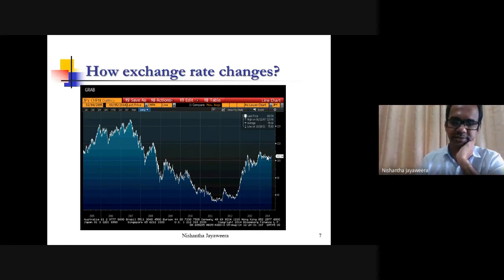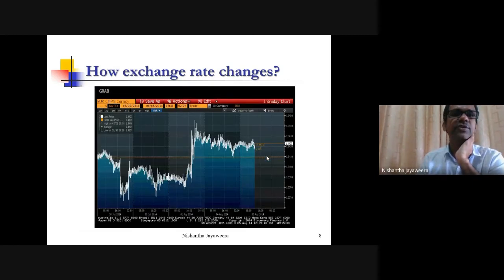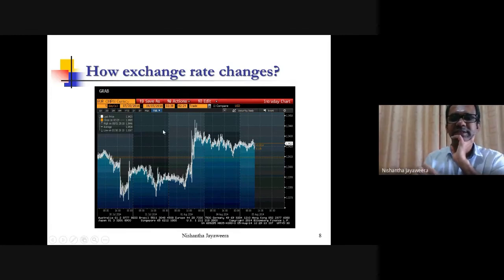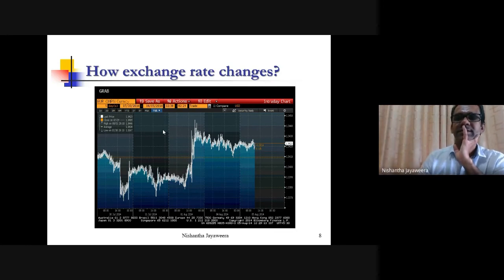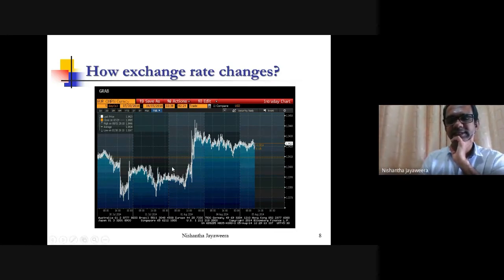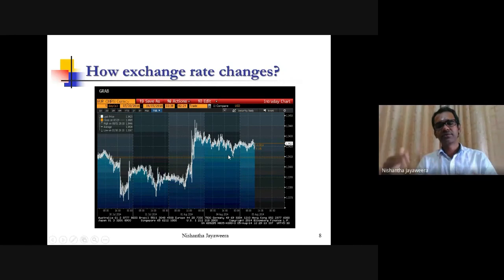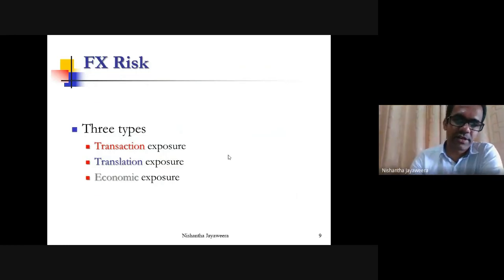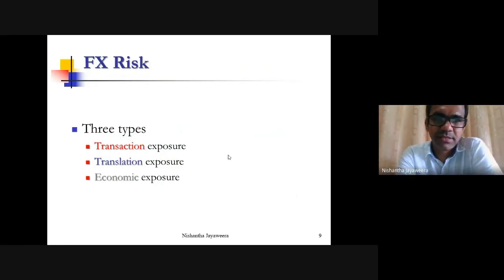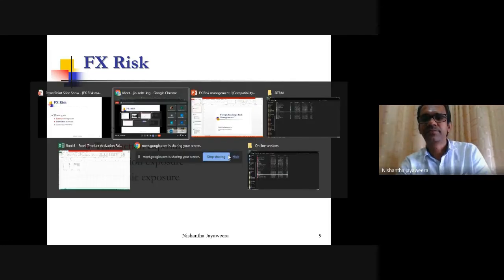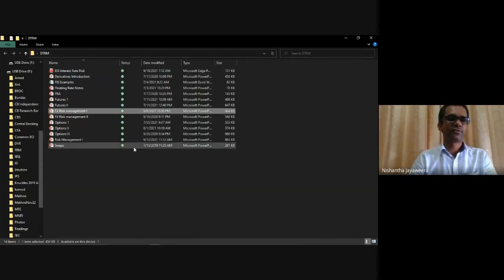This gives you the risk when these things change very frequently. This is the euro dollar exchange rate, tick by tick. That means within a few days, each movement, whenever the exchange rate changes. So even within a very short period, you can see a lot of volatility, within seconds also. So it's a highly volatile market that will give us the exposure to exchange rate risk. As I mentioned earlier, there are a few